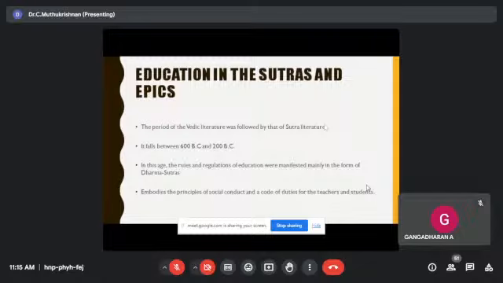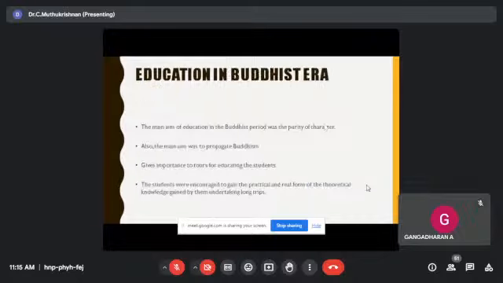It embodies the principles of the social contract and the code of duties for the teachers and the students also. It's a very, very important principle in the education system in the sutras and the epics. Education in the Buddhist era, after the successful completion of that